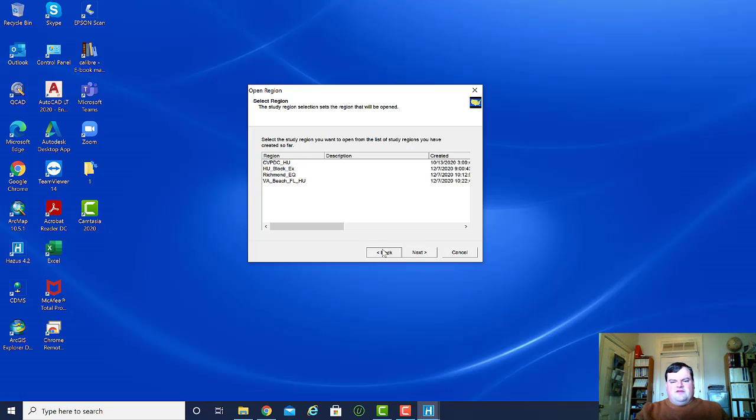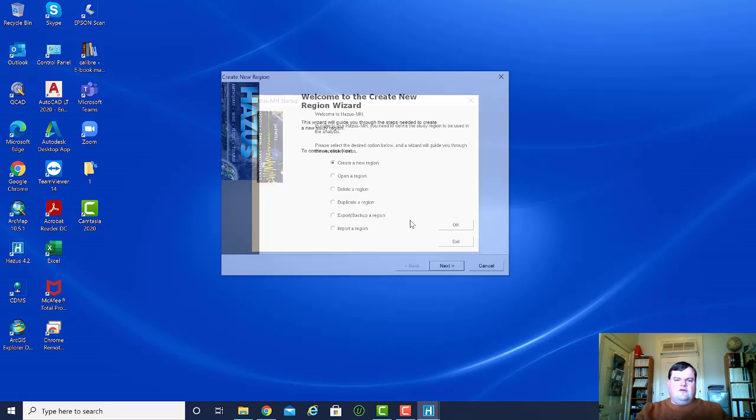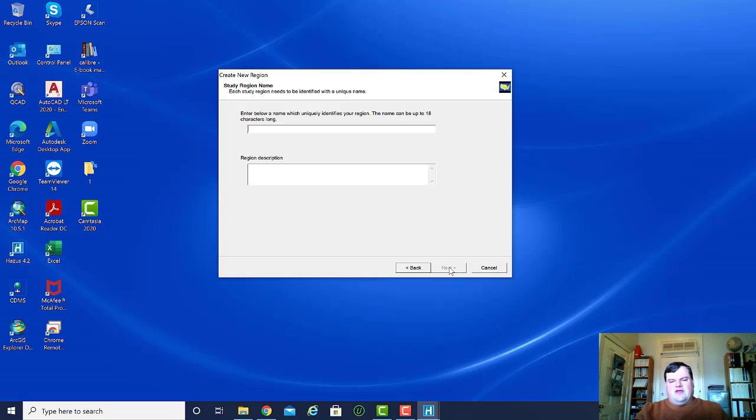When you create a study region, it's going to ask you for the jurisdiction that you want to study. A lot of times people will pick counties, or maybe a couple of counties, or maybe a smaller jurisdiction in that county, or a city. I'm just going to type in test here for my study region name, and I'm going to click on